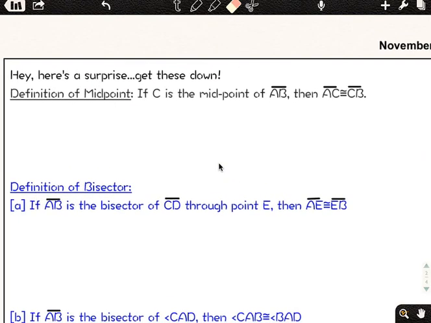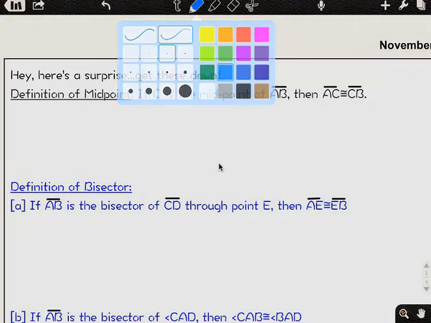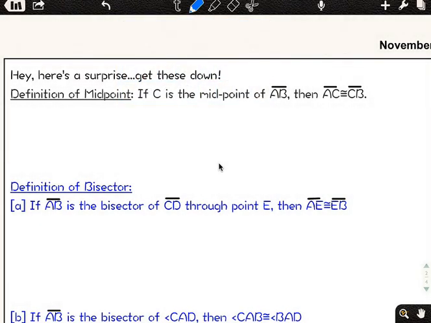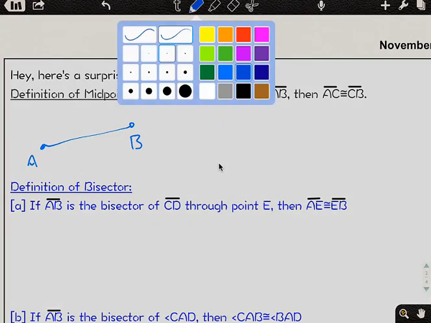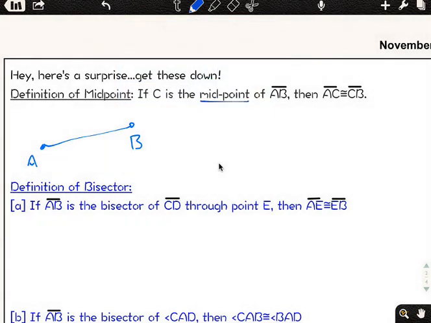So check it out. If C is a midpoint of AB, which of course is a segment, that's the notation we're using, and then AC is congruent to AB. So it's really an if-then statement. So if I have this segment AB, and then somewhere in the middle, and precise middle this time, because C is what we call the midpoint, so C is in the middle,